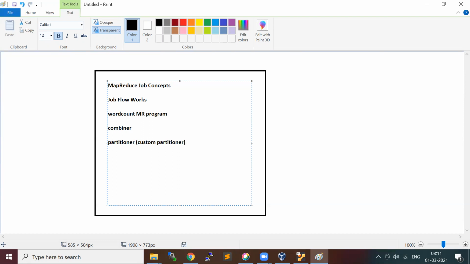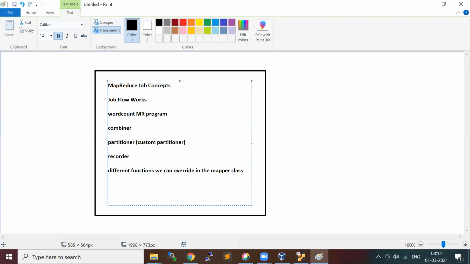Then we saw what the record reader is. This is the one which reads your file and sends each line as an individual record to your map method. We saw the different functions we can override in the mapper class: setup, map, cleanup and run.